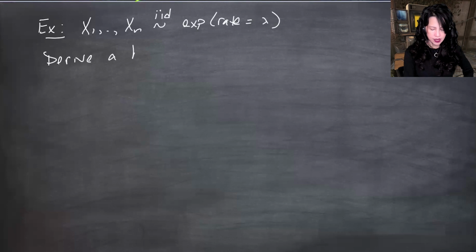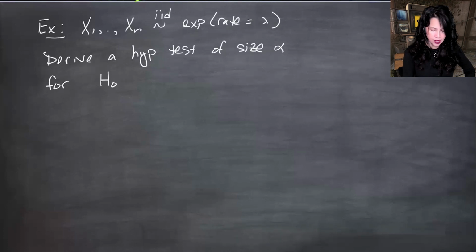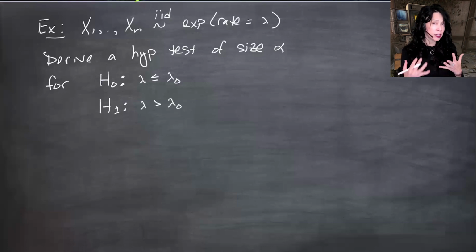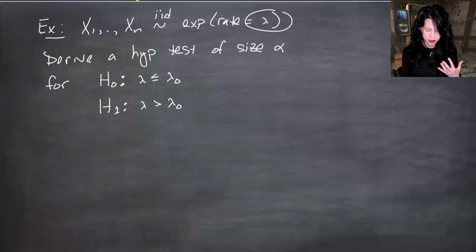Suppose I have X1 through Xn, IID, exponential with rate lambda. I want to derive a hypothesis test of size alpha, also level of significance alpha, for the null hypothesis that lambda is less than or equal to lambda naught versus the alternative that lambda is greater than lambda naught. Now, the parameter space, the lambdas, do have to be greater than 0, so presumably this is something positive,